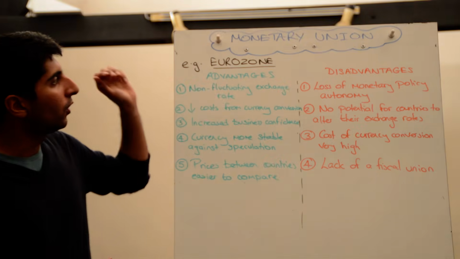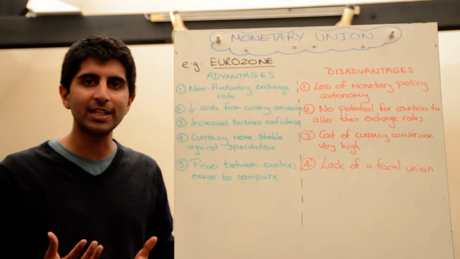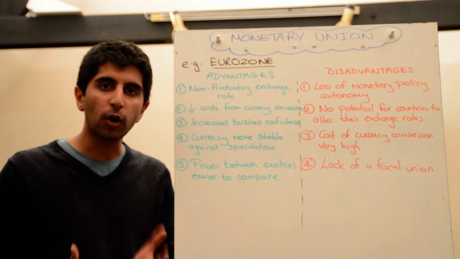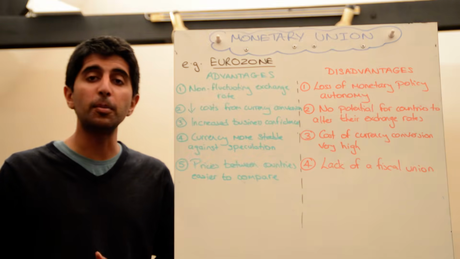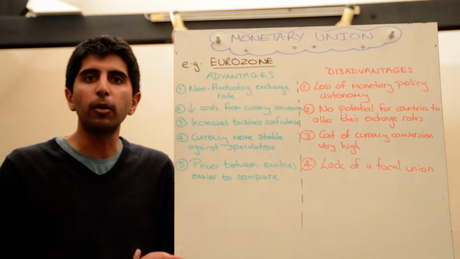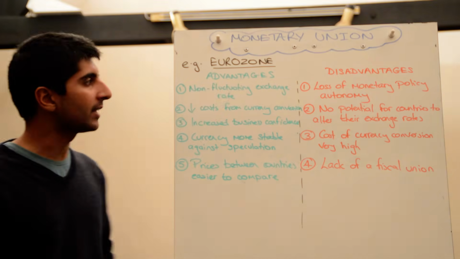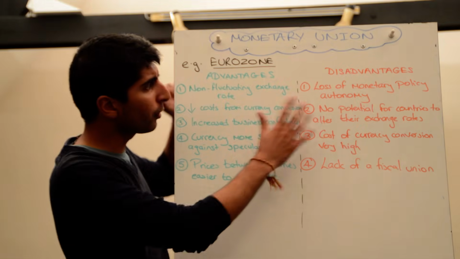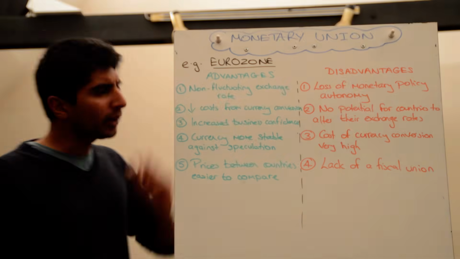Okay? So, a good example is the Eurozone. So all Eurozone nations, 17 of them, have agreed to adopt the euro as their single currency. With that comes the European Central Bank, one governing central bank, and one monetary policy that the bankers within the European Central Bank actually set. Let's look at the pros and cons of being part of such a monetary union. We'll look at it in terms of the UK.